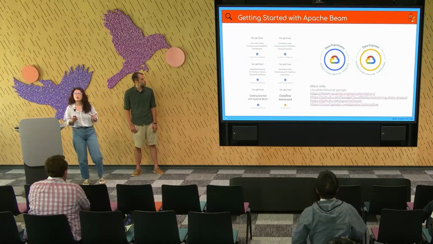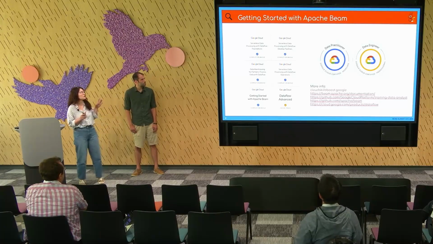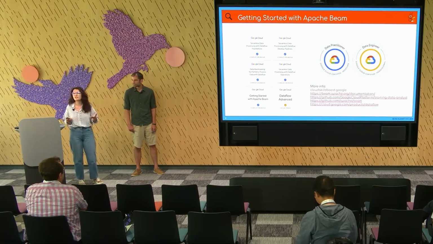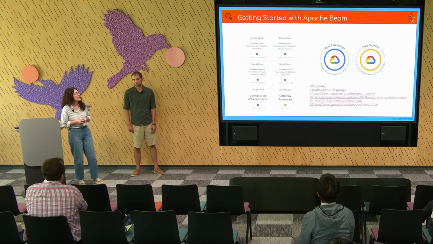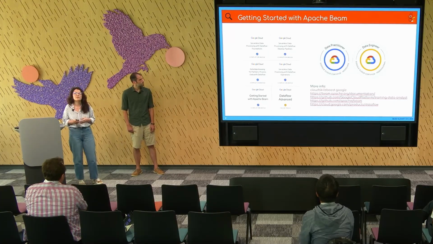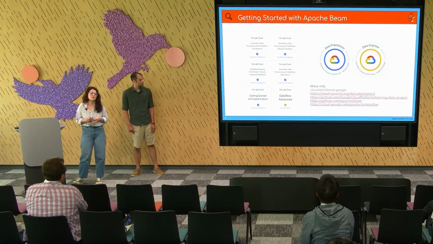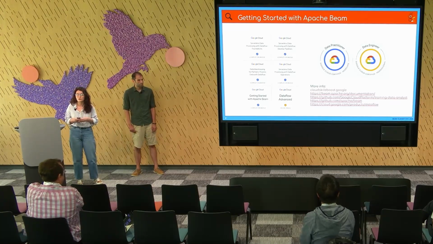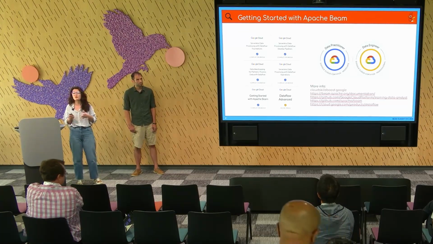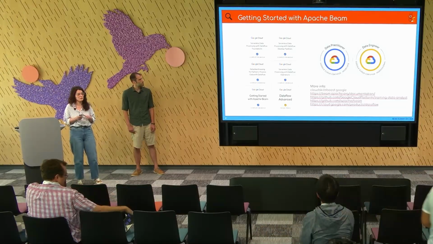So now let's talk about resources. Definitely, if you're on Google Cloud, you know the Cloud Skills Boost page. That's an amazing page with a lot of courses and especially labs. And in total, you can get access to over 52 hours of materials related to Beam and Dataflow. And if your company is a partner of Google, you can get access to all of this for free. So don't miss this opportunity.